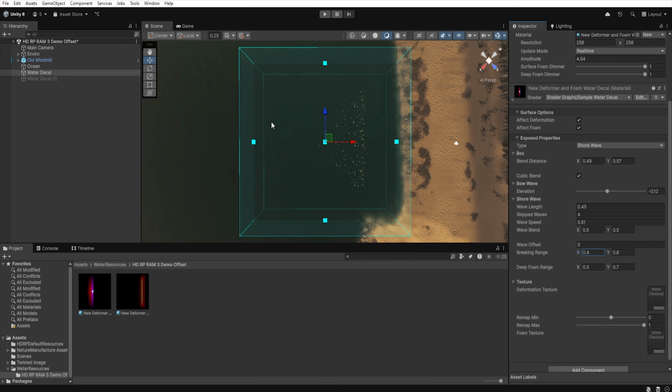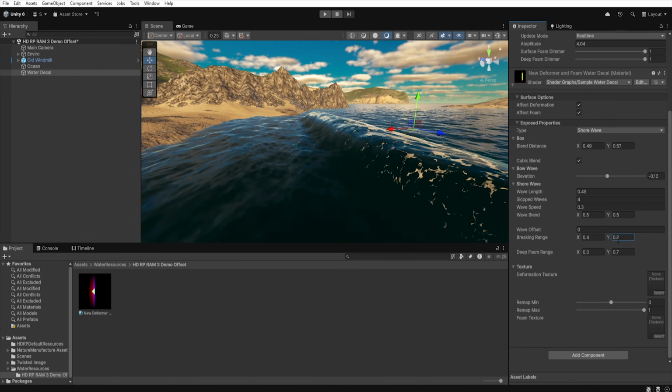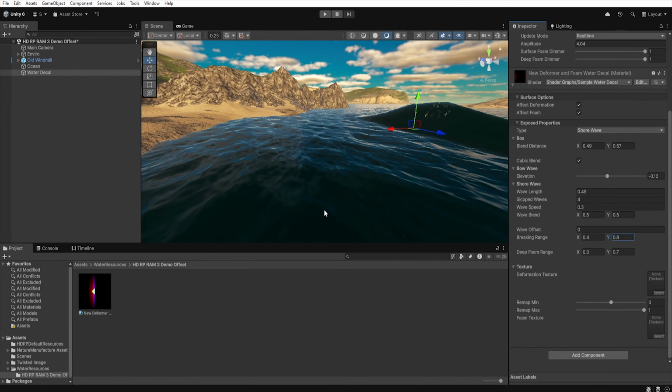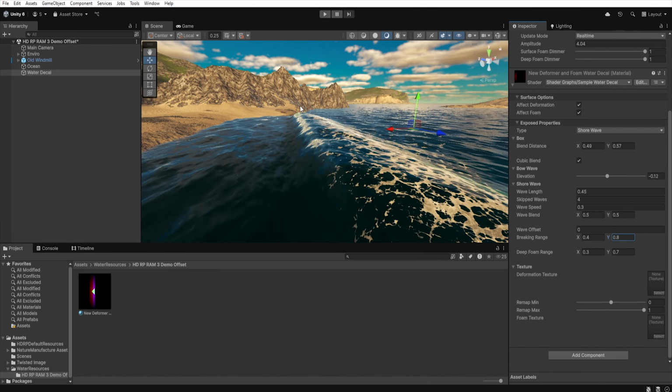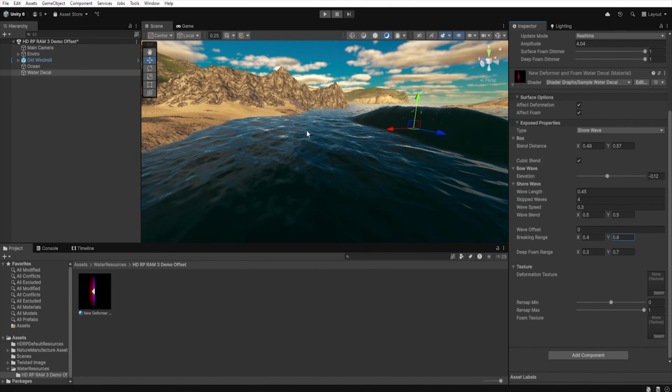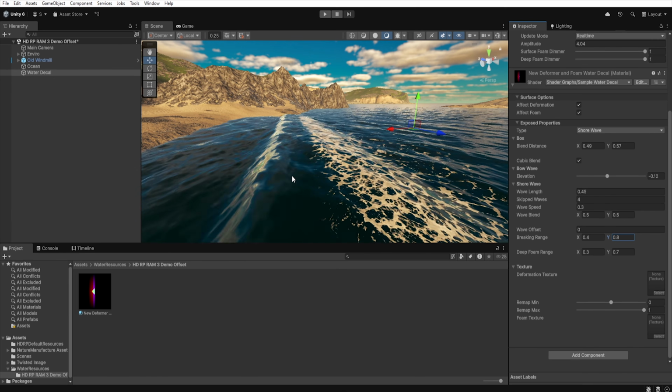And again, if we imagine the width of our decal as 100%, setting x to 0.2 means that the breaking point happens after the wave passes 20% of the decal's width. And on the y-axis, we set the point where the waves will be too small to generate foam, and between this point and the breaking point, the waves gradually decrease their height until they reach only 30% of the original